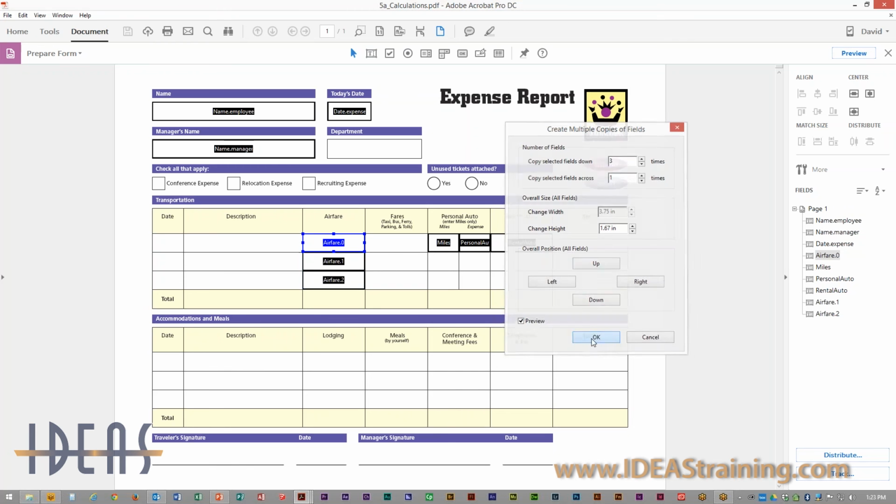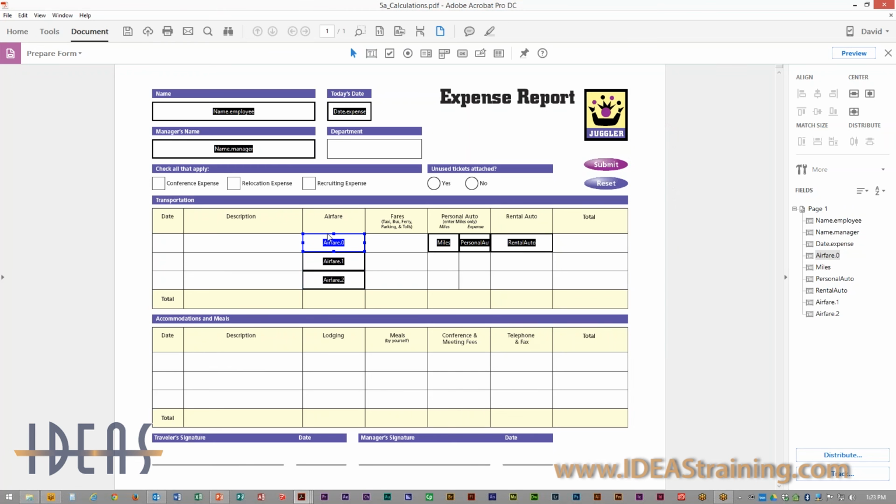And when I click OK, notice it automatically renames them. So instead of just airfare, they're automatically numbered. Airfare 0, 1, and 2. Keep in mind that could have been all the way down to 20 for me automatically. I wouldn't have had to create 20 fields. I just create 1 and automatically just multiply the others. Then I'm going to create a nice little setting down here. And I can come in and